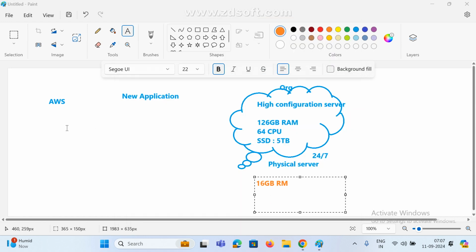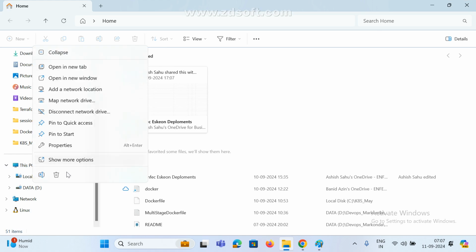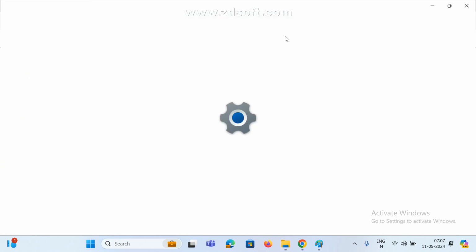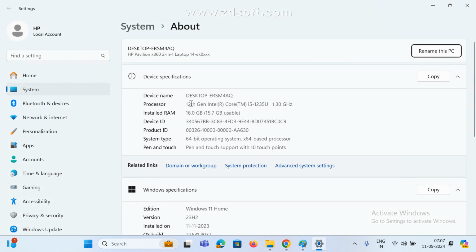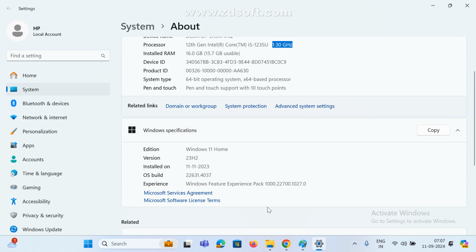This is also nearly 1 lakh. This is for personal use only. If you go to properties, my configuration is 16 GB and an i5 processor, 1.3 gigahertz only. This is only a 500 GB SSD. So this is nearly 1 lakh rupees.